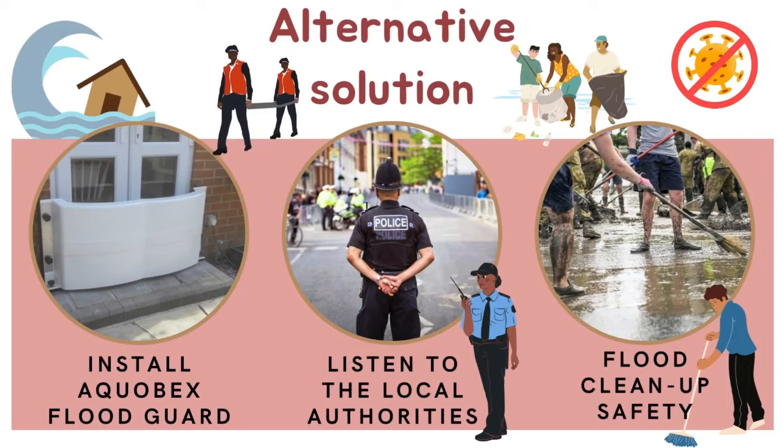There are some alternative solutions so that people will be ready to confront this kind of natural disaster. Number 1 is Aquabex Flood Guard. For a smaller scale appliance, we have the Aquabex Entry Barrier System. It's a small scale dam that is designed to seal off doorways and entrances to buildings. By creating a seal with the surrounding surfaces, the rising water is kept from coming into the structure when these barriers are applied to all of the building's entryways. The barrier is completely reusable and can be quickly deployed in times of emergency.